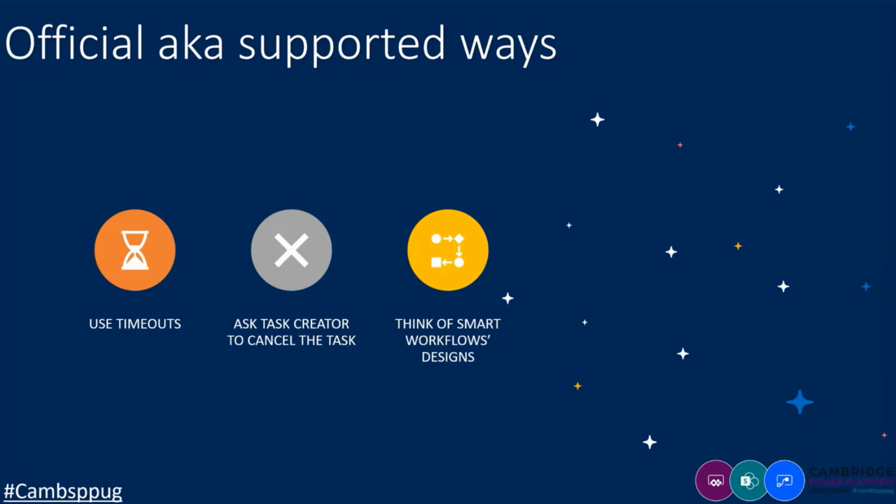Another way is to think about those smart workflow designs. One of those smart workflow designs that I already said was to use timeouts. The other one would be to use, for example, single approvals, not multiple approvals. So wait for the first approval, not for all the approvals. And basically to try to define this logic in your workflows, that even if there is no assignee present, if the task cannot be completed, you can still continue the workflow, for example, by using timeouts and escalation together,